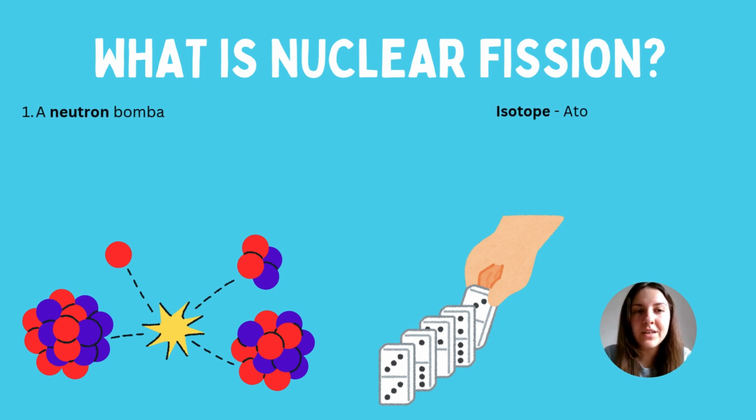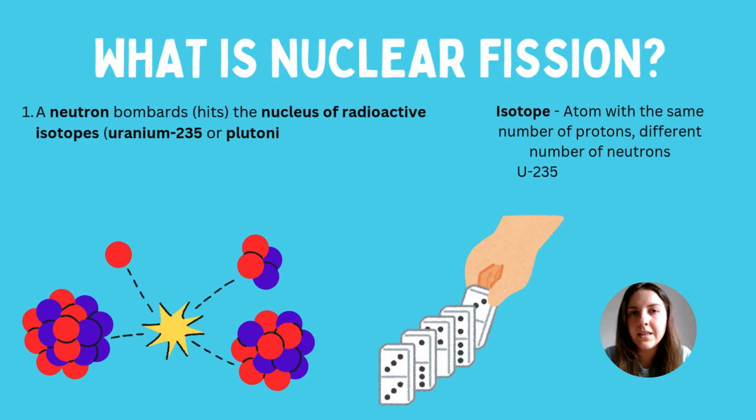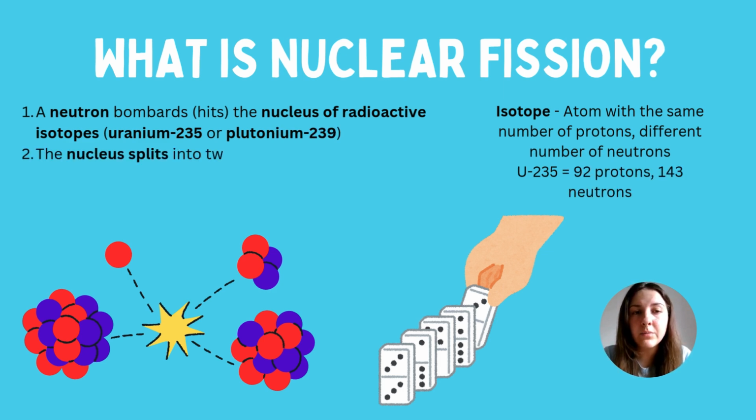So what exactly is nuclear fission? Well, the first thing you need to know is that a neutron is hit at high speed. It's fired towards the nucleus of an atom. And specifically, the two atoms we're talking about are uranium-235 and plutonium-239. The numbers are just referring to the atomic mass, by the way, which is where the number of protons and